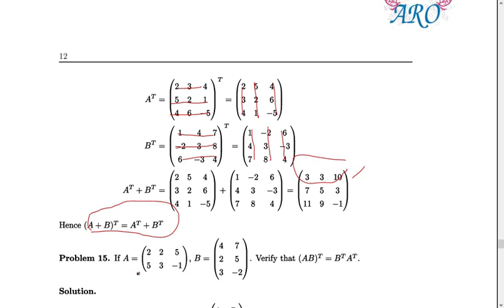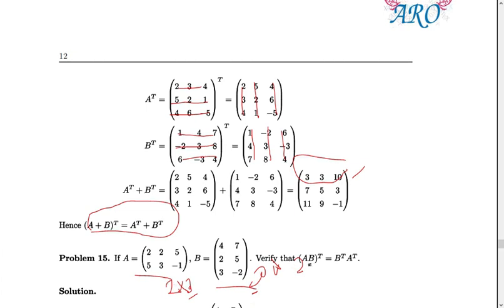Okay, so next, another matrix, we are going to verify this one. If A is equal to this matrix and B is equal to this matrix, A has 2 rows and 3 columns, and this one has 3 rows and 2 columns. Is matrix multiplication compatible? Yes, the number of columns in the first matrix is equal to the number of rows in the second matrix. So what about the output? It is a 2 by 2 matrix.